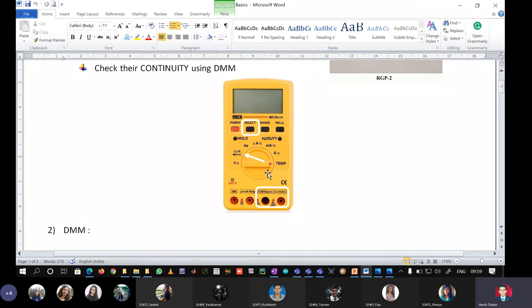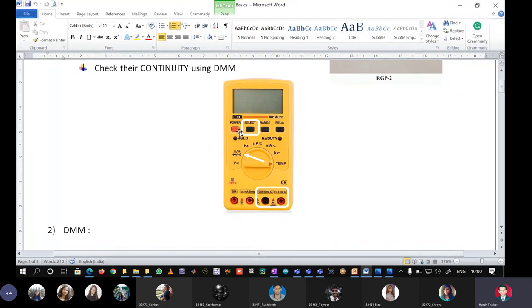The second aspect is this rotary dial, which actually selects different functionalities. When you rotate the dial clockwise or anti-clockwise, wherever it gets locked, that is the measurement the DMM is going to perform. So it can be temperature, AC or DC current, milliampere AC or DC current, microampere AC or DC current, frequency. Here there are four: diode testing, ohm meter, capacitance measurement, and continuity checking. And then we have voltage, AC and DC. So this is called the rotary dial.